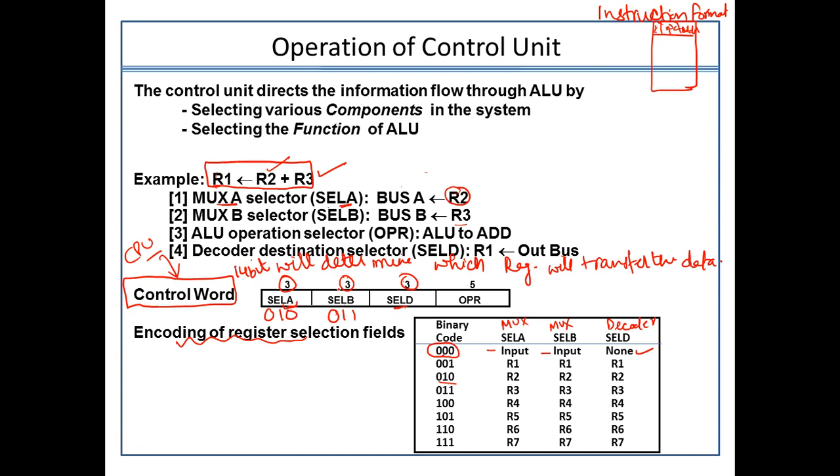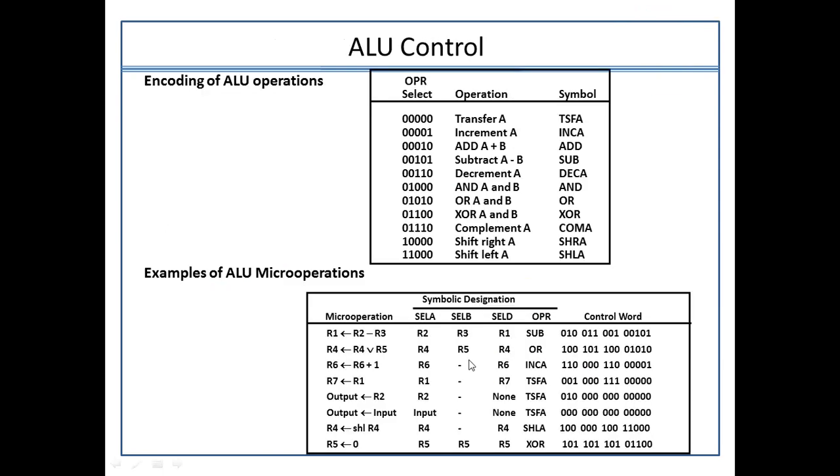Then there is selection line D. Now what will D consist of? Decoder destination register. So the selection line D will actually point towards 001, the R1 register, and there is a 5-bit OPR code. If you look here, I have also provided an idea of a few OPR bits, because again, the total combinations used can be 2 raised to power 5. So in order to perform the addition, the combination will be 00010.